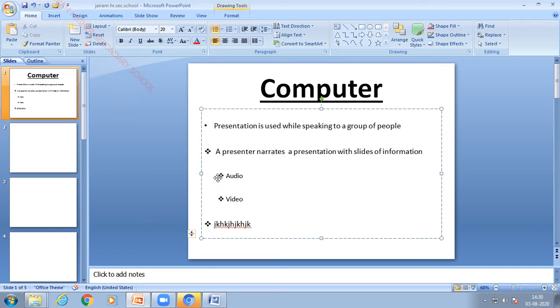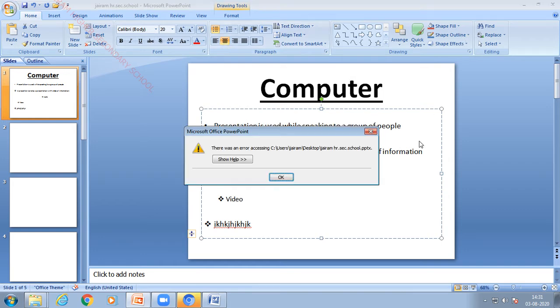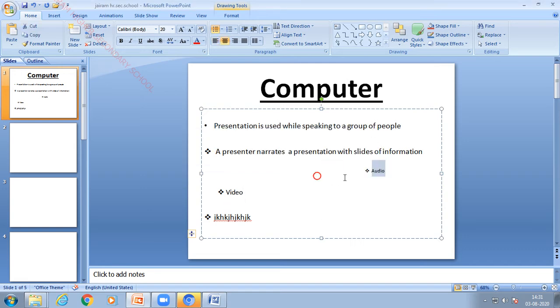In case you would like to make this text centered, first you have to select the required text, then go to the center option. So we can make the text centered. I hope you understood this. Press Ctrl plus Z to come back to the previous position. Okay, so next let us see how to play the slideshow.